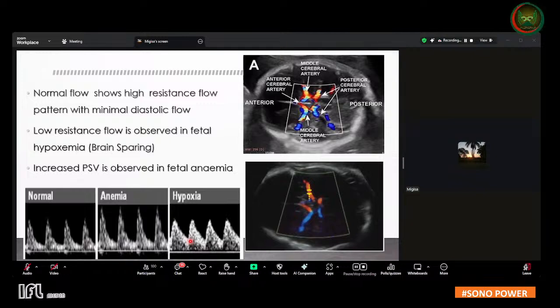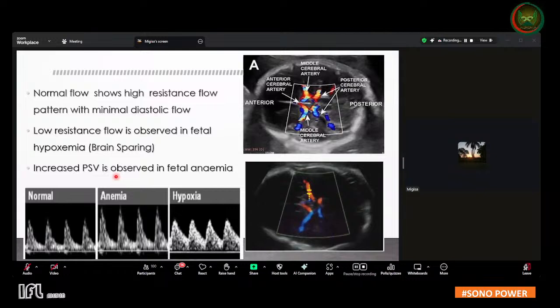But the moment your veins also start showing changes, like the A wave getting closer to the baseline, like we are going to see in the next presentation, then that means that compensatory mechanism is failing. So that's when some interventions may come in. Maybe they may deliver a baby, but normally they want to keep this baby as much as possible with the mother inside the womb. So then another thing we see in the MCA is increased PSV, and this is normally observed in